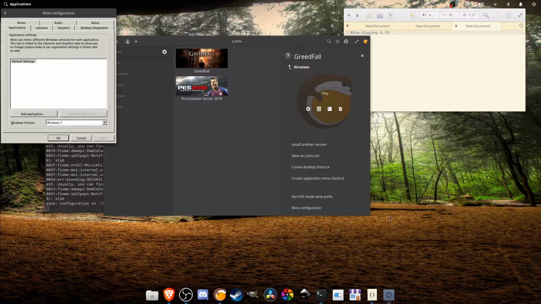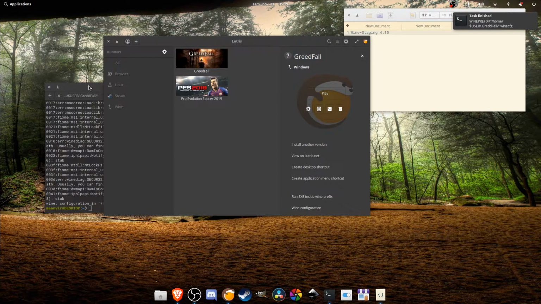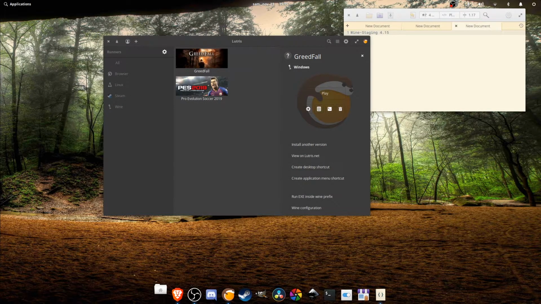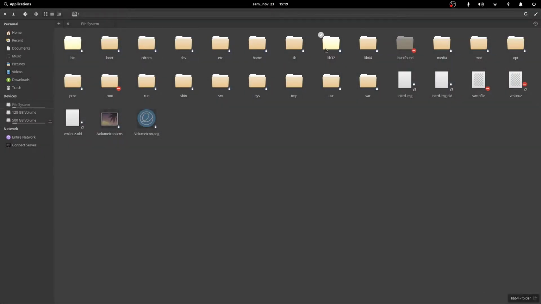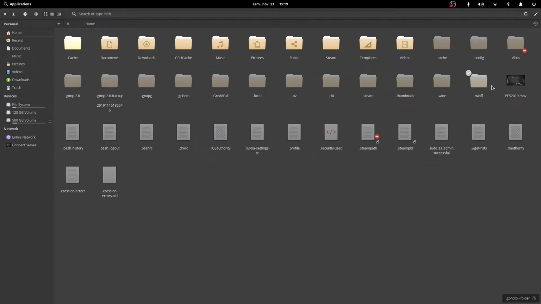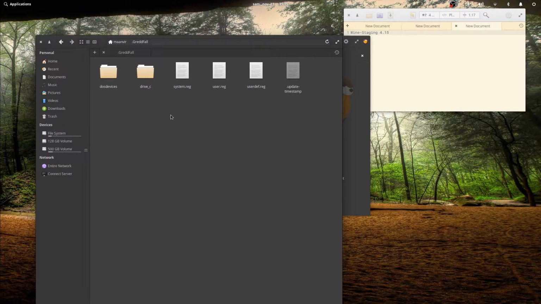So after the WINEPREFIX has finished setting up, you can leave it as is, but I'm gonna run it on Windows 10. I saw a bit of performance gain under that. And now, after the WINEPREFIX is done, we can exit terminal. So we're gonna access our WINEPREFIX, which is in home, our username, and .greedfall as we wrote it. As you see, there is our WINEPREFIX. We can now copy it,